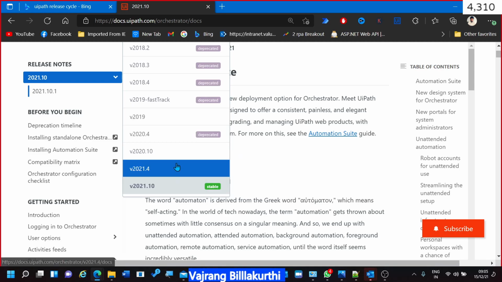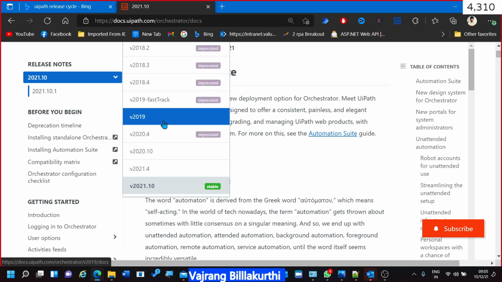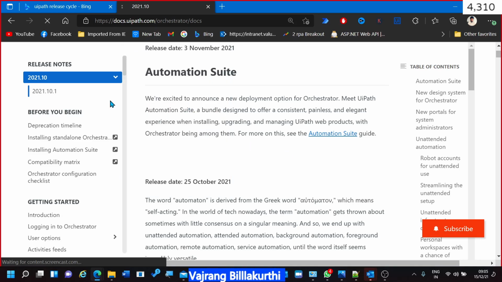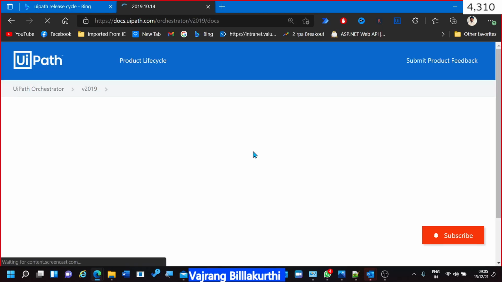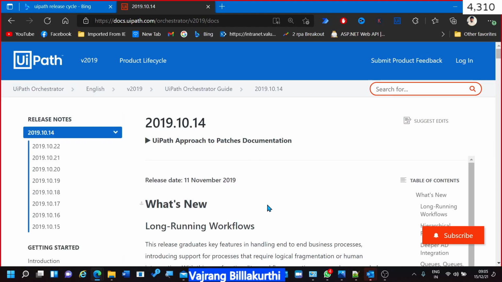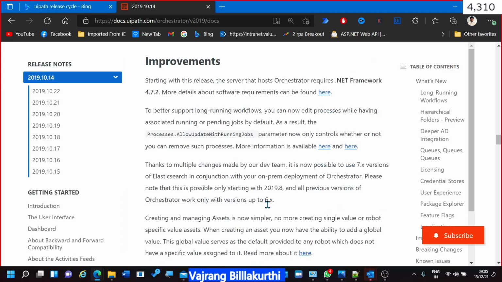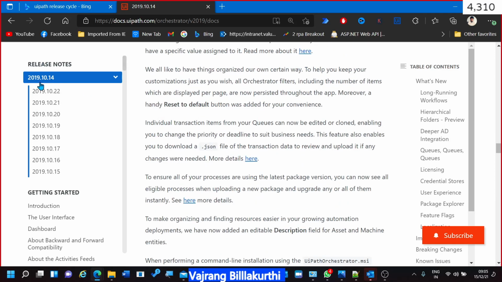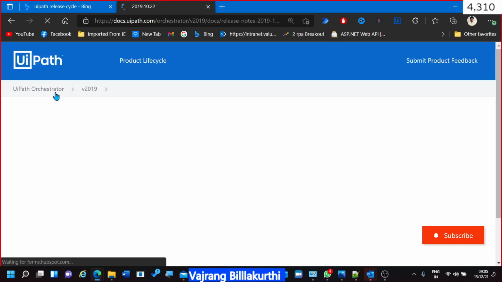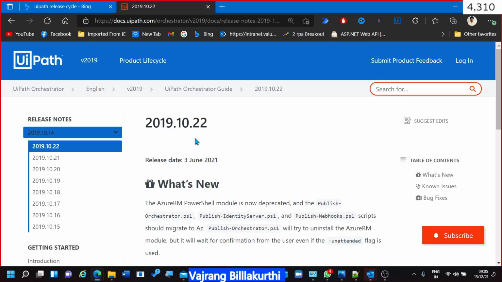If you want to see what the changes are, you can click on 2020.9 and here you will get the docs. Why are they maintaining the previous versions? If some company is using previous versions, they need to know what changes are included in it. That is the reason they have maintained them. Even in 2019.10 and 2020.10 they have separate releases. Have this as information. Your interviewer will not ask you all these questions if you are an RPA developer, but if you are a solution architect, you will get all these questions.